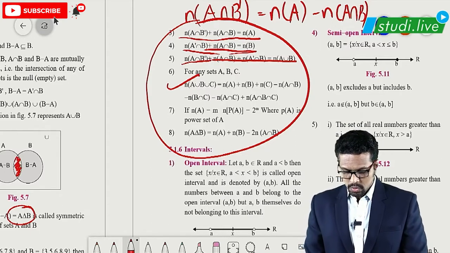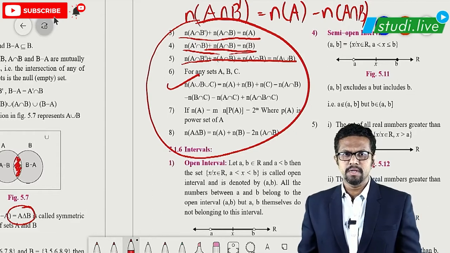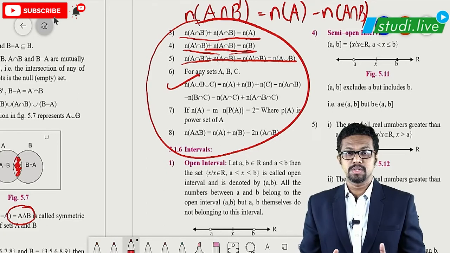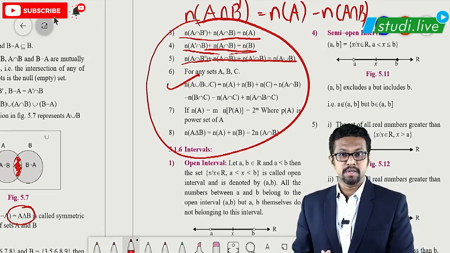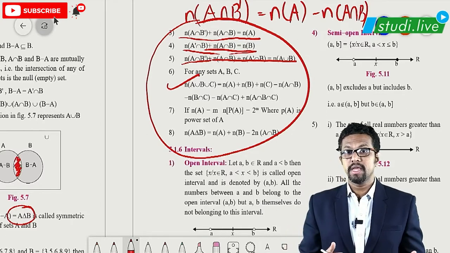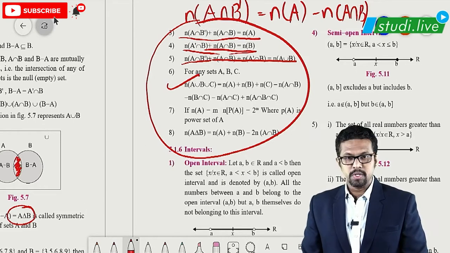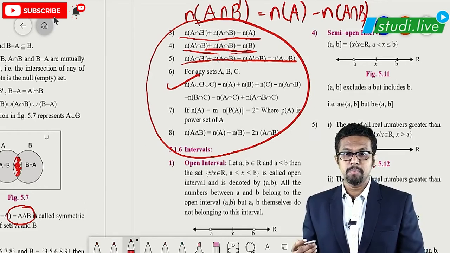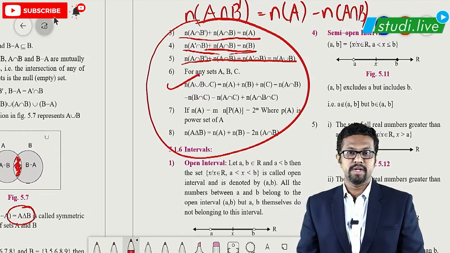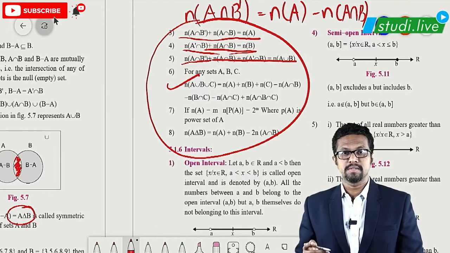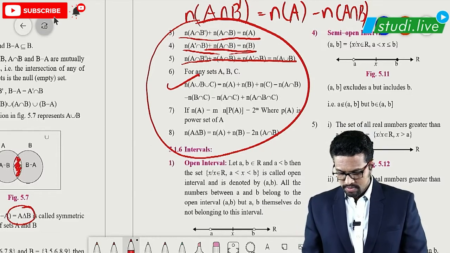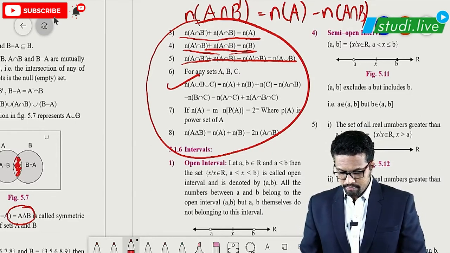Okay, so this type of question, in the older standards we had this question like there are some students in a hostel, some students are drinking tea, some students are drinking coffee, and some students are drinking milk. So that type of example, so that is A union B union C. Okay, so that is where we use this formula. N of A union B union C is N of A plus N of B plus N of C minus N of A intersection B minus N of B intersection C minus N of A intersection C plus N of A intersection B intersection C. So this is the formula that we have over here.